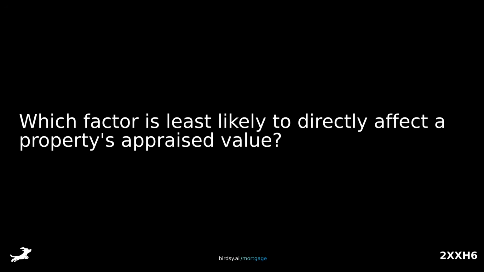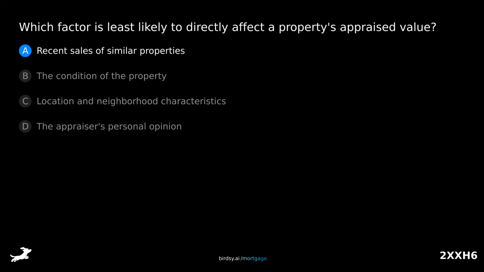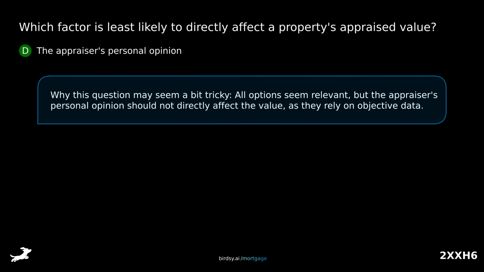Which factor is least likely to directly affect a property's appraised value? Is it A, recent sales of similar properties? B, the condition of the property? C, location and neighborhood characteristics? Or D, the appraiser's personal opinion? The answer is D, the appraiser's personal opinion. Why this question may seem a bit tricky. All options seem relevant, but the appraiser's personal opinion should not directly affect the value, as they rely on objective